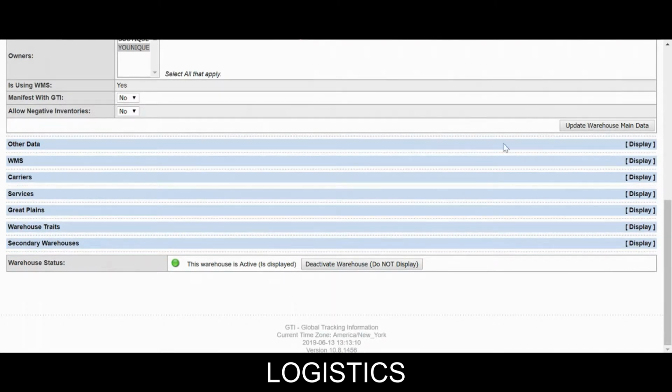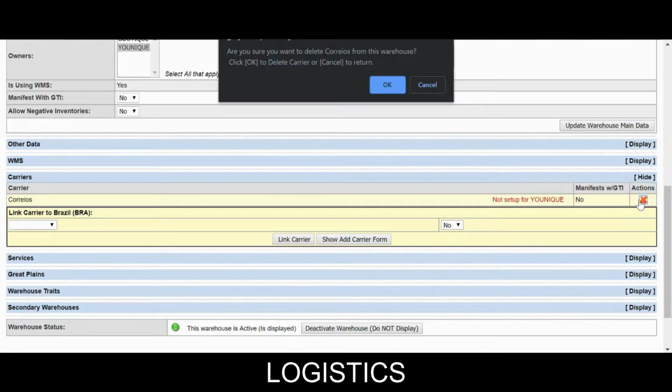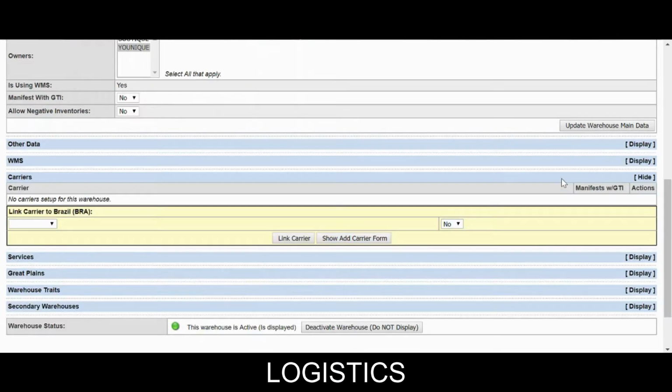Now, as we scroll back down, this is the part that is a little bit weird, and we will look to fix it, but for the purposes of this video, it's still not quite the way it should be. You see how it says not set up for unique? What we're going to do is hit this red X and basically take it out. Then we're going to come back in,